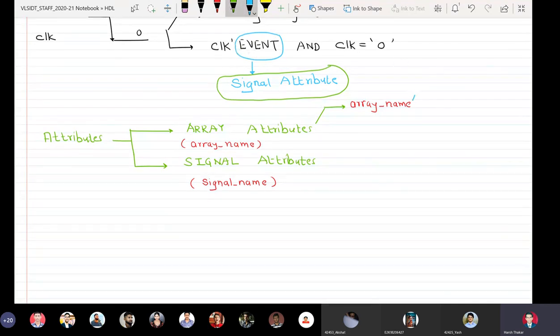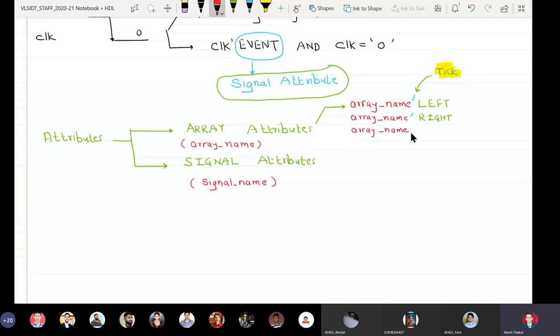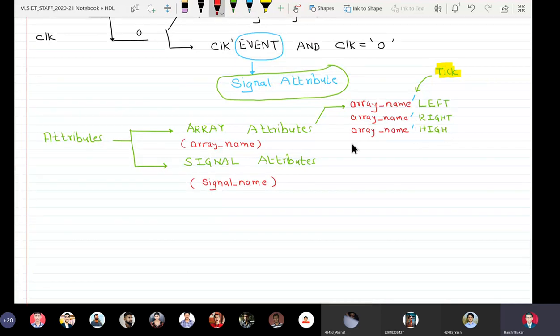This is called a tick. Tick. Array_name tick left, array_name tick right, array_name tick high, and the last is array_name tick low. Similarly, in signal attributes, we have